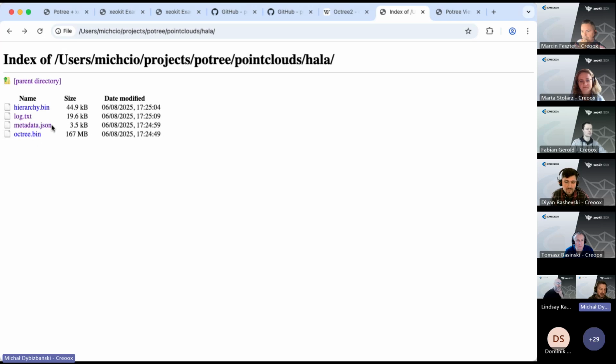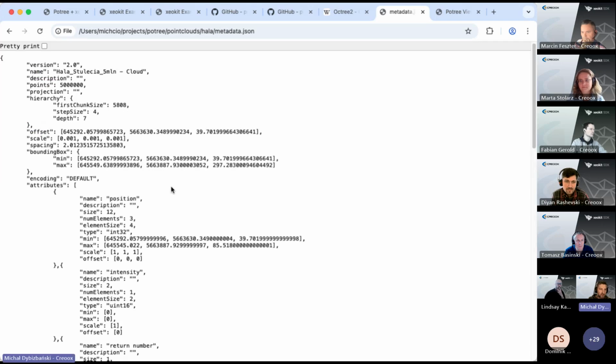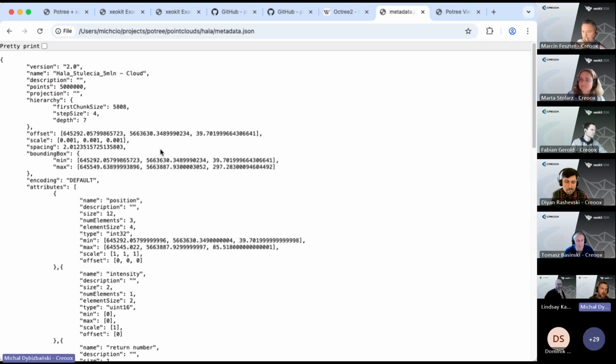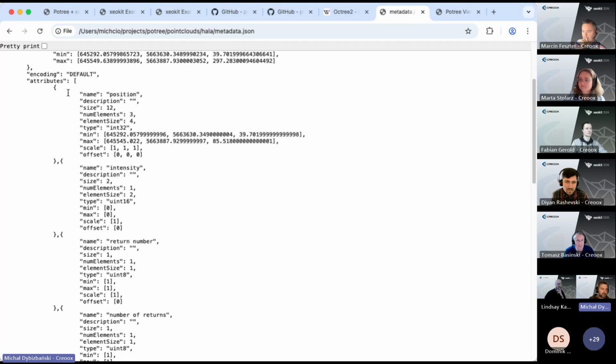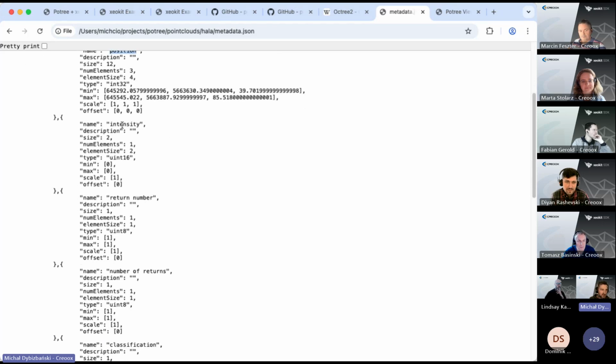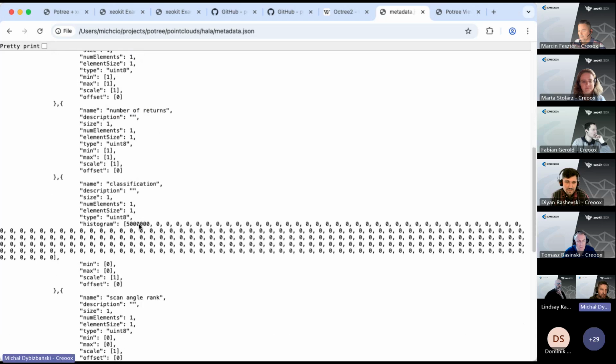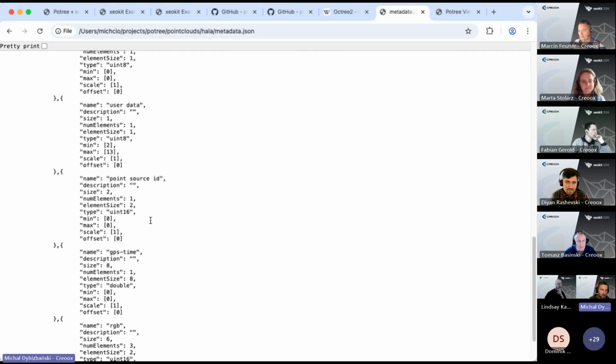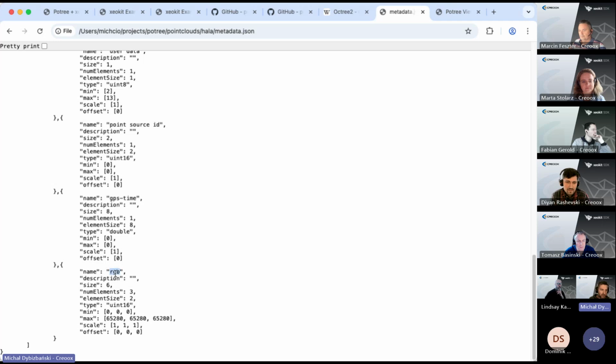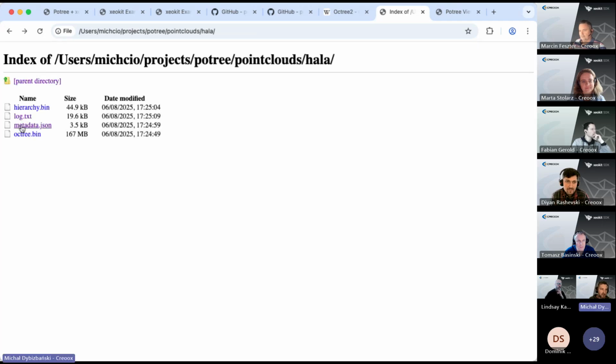The first file is metadata JSON, which defines the structure of a point cloud. One of the more important things is the set of attributes each point is defined with in the point cloud. This is a position, but also some optional ones, like, for instance, intensity, or some classification, or finally a color of a point. On top of the metadata JSON file, there is also a binary hierarchy file, which defines